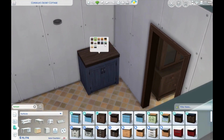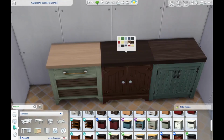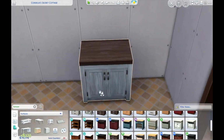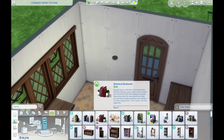I just love it. It makes it so cozy, having this little cozy kitchen and all the little places to sit, and you know, the little tiny rooms of the butler's pantry. I don't know why, but it just makes it cozier. It's very, very cozy. It's very cottagecore cozy, and I really love the way it comes out. This is